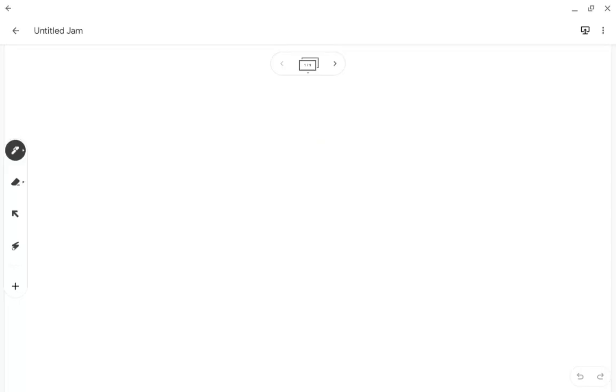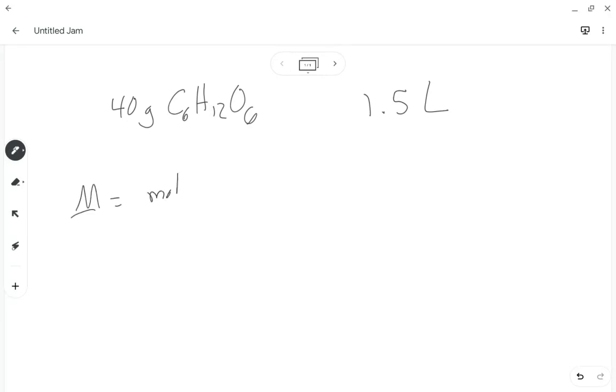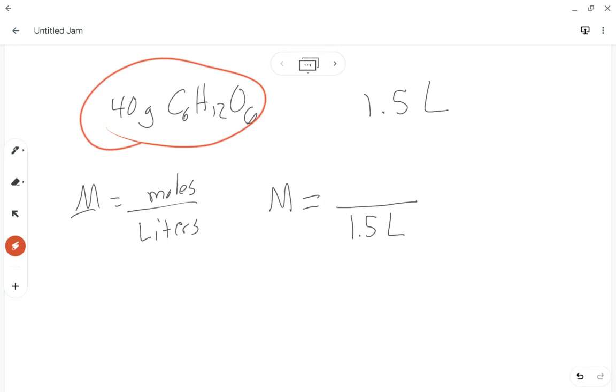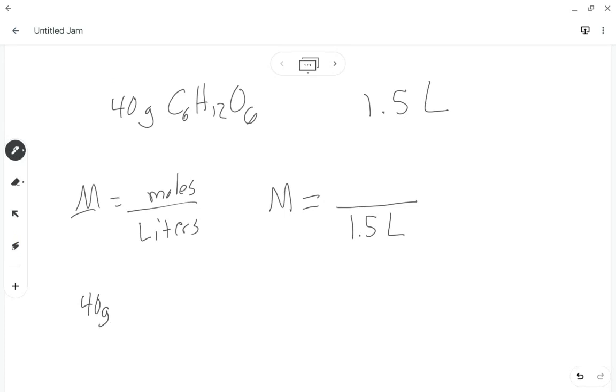So if we have 40 grams of glucose and we're in 1.5 liters of solution, we're trying to find molarity. Well, molarity equals moles over liters. So molarity, well, we know our liters are 1.5 liters. The one thing we got to do is figure out how to get these 40 grams into moles. So we're going to say 40 grams of C6H12O6. We're going to convert those grams